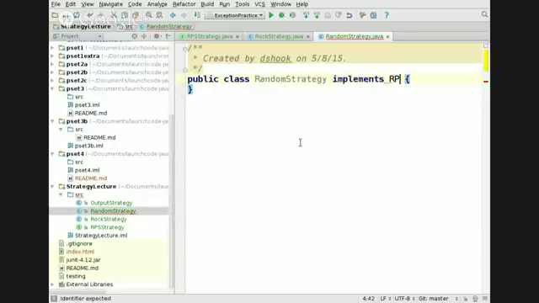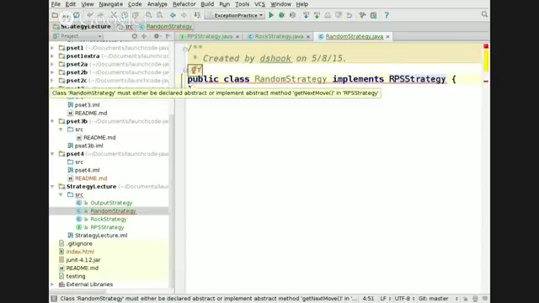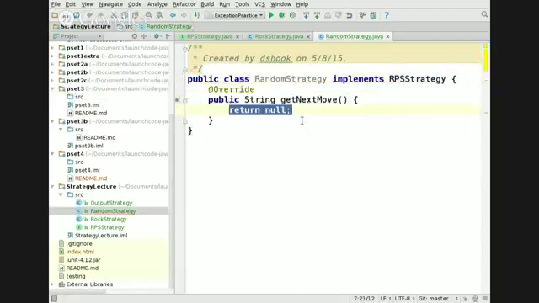Implement my interface. Okay. And this time I want to choose one of those three at random. So I'll have to pick a random value. I'll say,